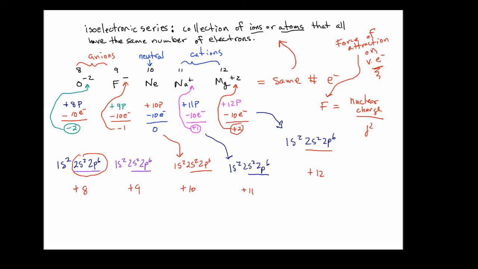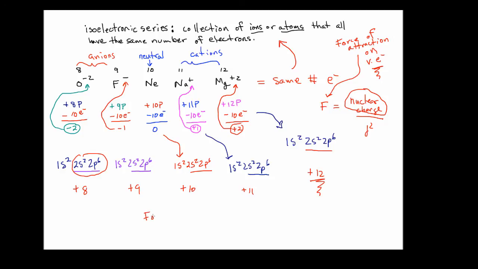So this force of attraction, as we go from O2- to magnesium 2+, you can see that the top of this fraction is increasing. And the distance at which the electrons are away from the nucleus is remaining the same, because look at the electron configurations here. The outer valence of each one of these ions, and in the case of neon the neutral atom, and then for both sodium and magnesium, these outer electrons are all in the same energy level. They're all the same distance away from the nucleus. So the force of attraction is going up as we go across this